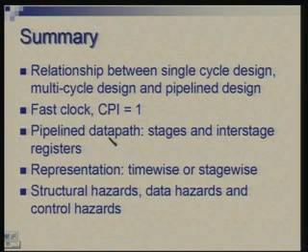Pipeline data path is obtained by introducing registers in between the stages in the forward paths. For analysis purposes, we had a symbolic representation which tries to show various instructions time wise or stage wise. And finally, we talked about 3 different types of hazards: structural hazards, data hazards, and control hazards. We have seen that in the simplified case we are talking of, it has been possible to remove structural hazards altogether. Data hazards also we can cut down to quite some extent by using forwarding.